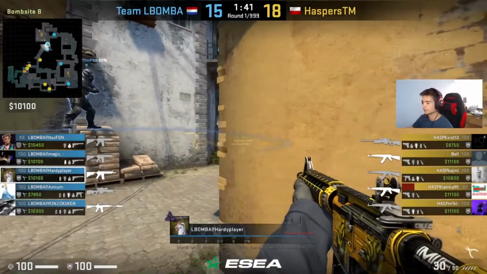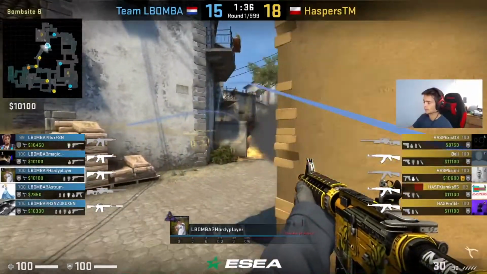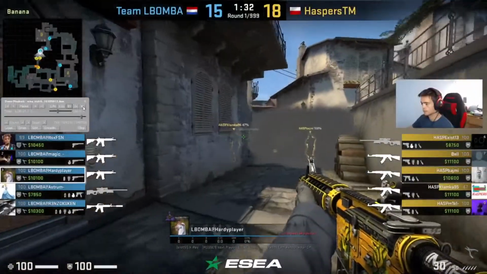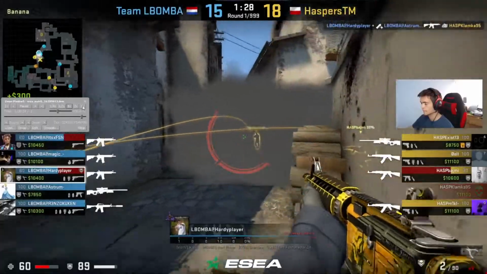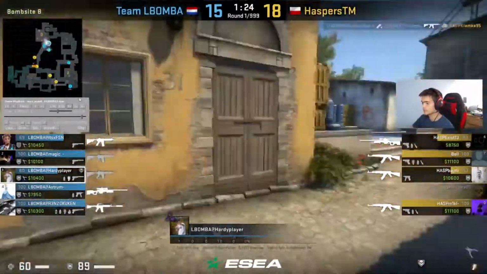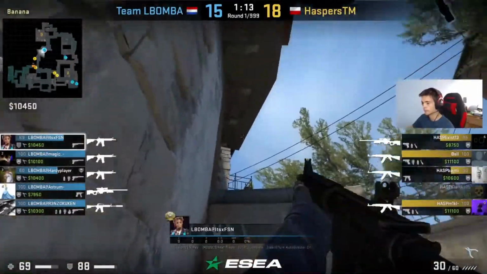I like how on CT side you go 3 banana quite often to take banana control, but on T side you don't fight it that often. Like this take was better than last. This is right, that's pretty good. Got the kill, got out, left 2 B players. Only thing is now